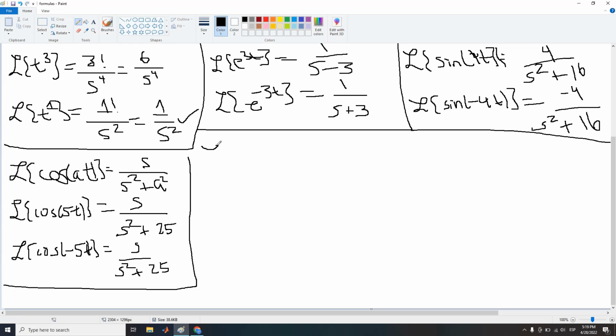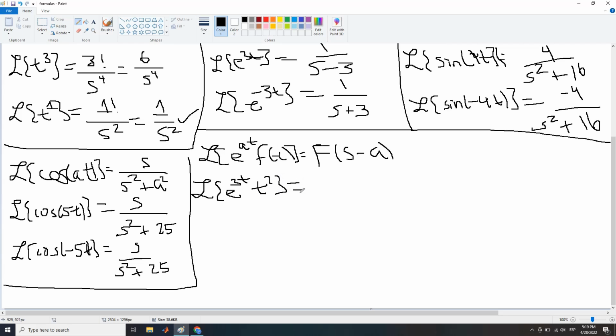Now let's continue with the Laplace transform of an exponential to the power of a t multiplied by a function f of t. This will be equal to the Laplace transform of the function evaluated in s minus a. So, for example, if we have the Laplace transform of the function e to the power of 3t times t squared,